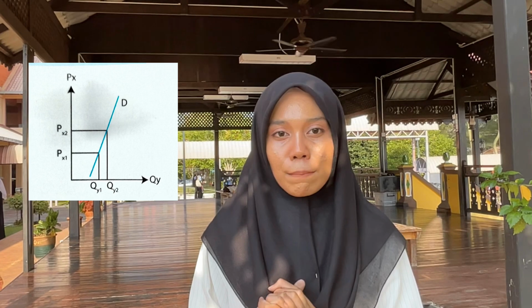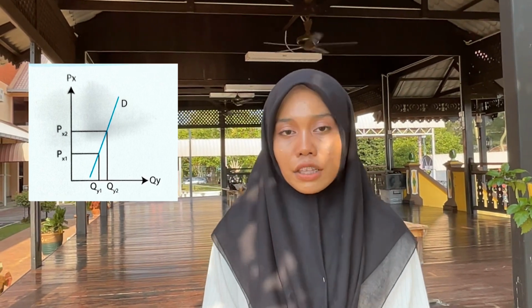Let's take a look at a positive cross elasticity using steel and aluminium as an example. This happens when the price of one product increases and people start using another product as a substitute. For example, if the price of steel rises, manufacturers may switch to aluminium as an alternative material. Here is how this looks on a graph.